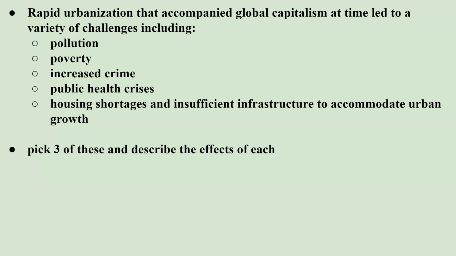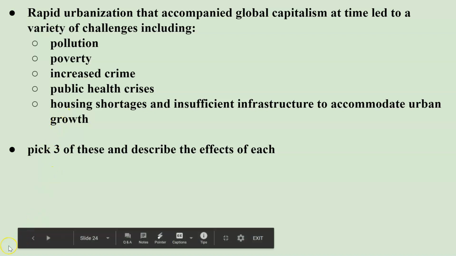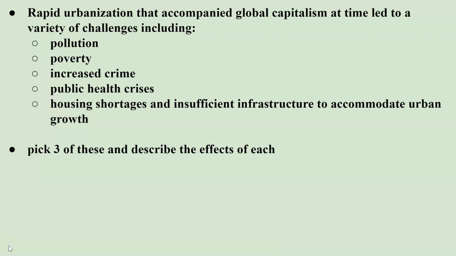The rapid urbanization leads to a variety of challenges: pollution, poverty, increased crime, public health crises, housing shortages, and insufficient infrastructure. Make sure you've got at least 3 of these that you can talk about. So just make a list of the 3 that you think are the most important, and the effects of each. All right, the next video will be on imperialism and the growth